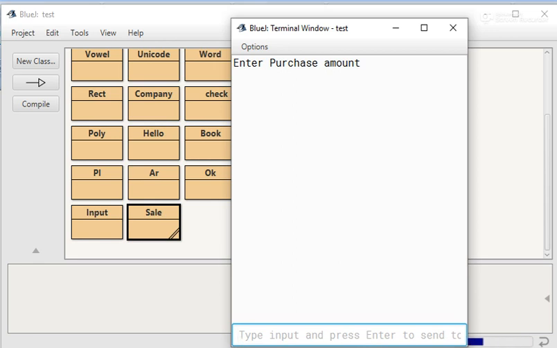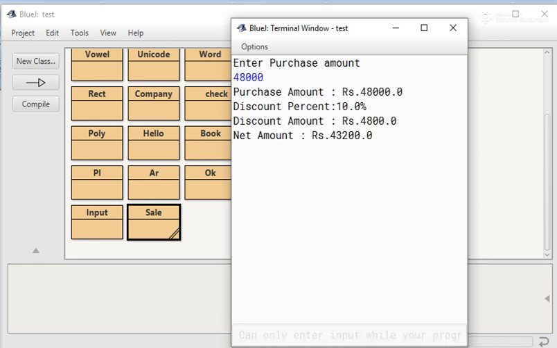We have put the purchase amount, suppose, 48,000 and pressed enter. Now look at the output. Purchase amount Rs 48,000, discount percent 10%, because 48,000 is greater than 25,000 and less than 50,000.